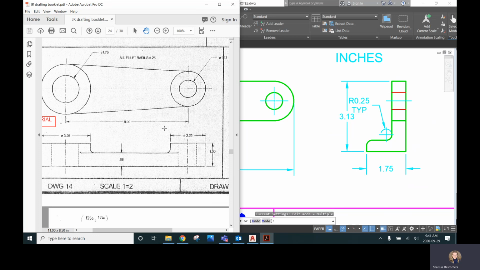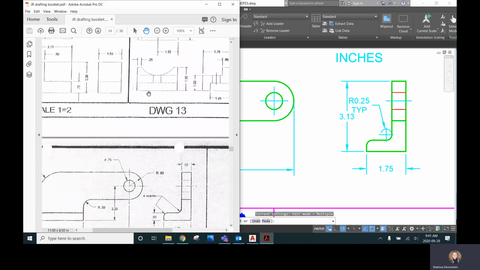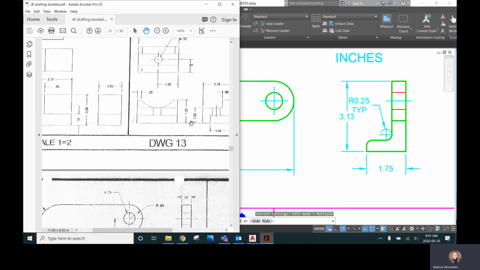Which means that all of them are the same. So again, this information is given to you in a way that you can draw it, but it's not given in a dimension style that is ANSI standard. One of the biggest mistakes with drawing 13 and 14 is that students just copy the dimensions and the dimension placement